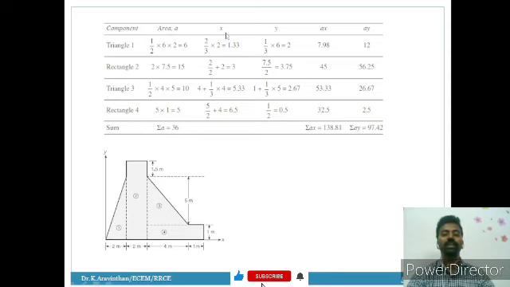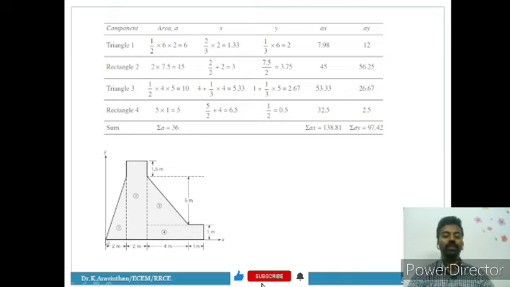Next we shall find the x coordinate. So as of our assumption, we will assume the left hand side bottom corner as 0, 0, and it is the origin. So you can see a y axis and an x axis. So from this origin you have to identify the x distance and y distance. So first we shall find the x distance from the y plane. So this is the y axis, this is the y plane.